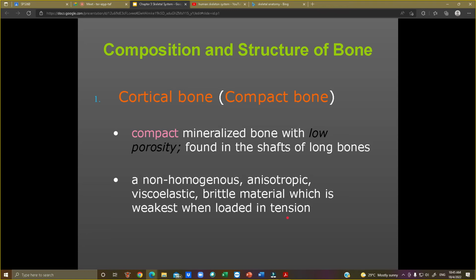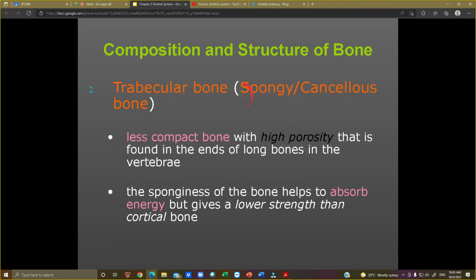And to overcome that problem, we have trabecular bone. So trabecular bone is able to give flexibility because it has some porosity. Means it is able to slightly move. Tapi bila dia trabecular, if we give too much compressive strength, dia shattered because it is not able to withstand more